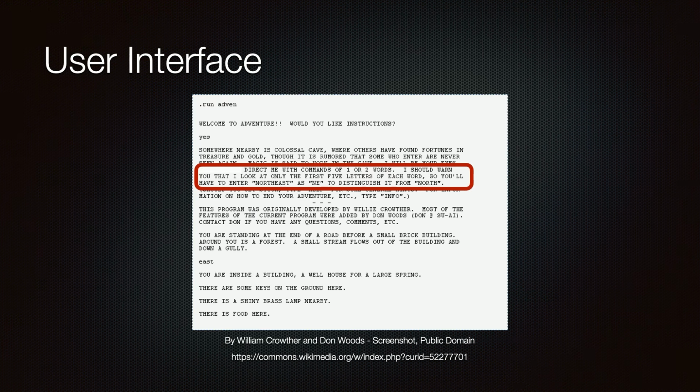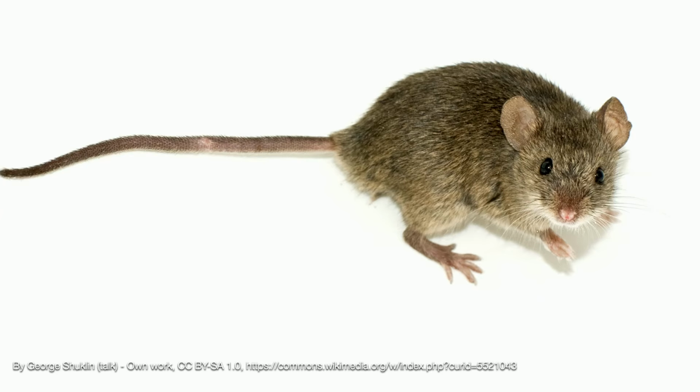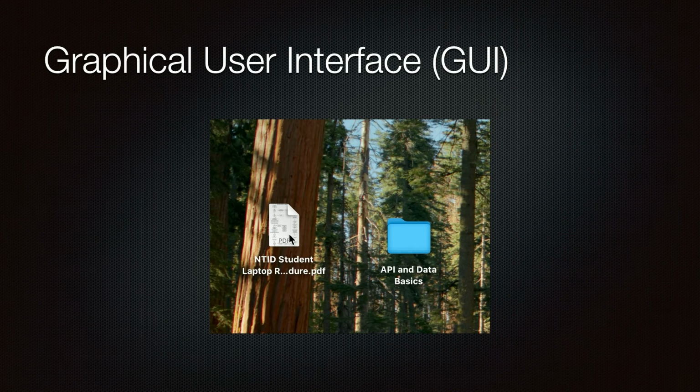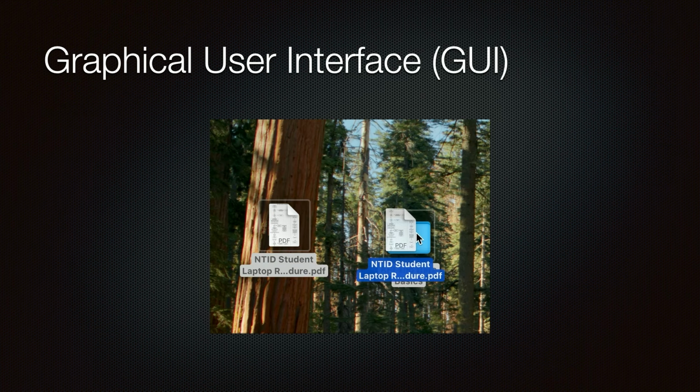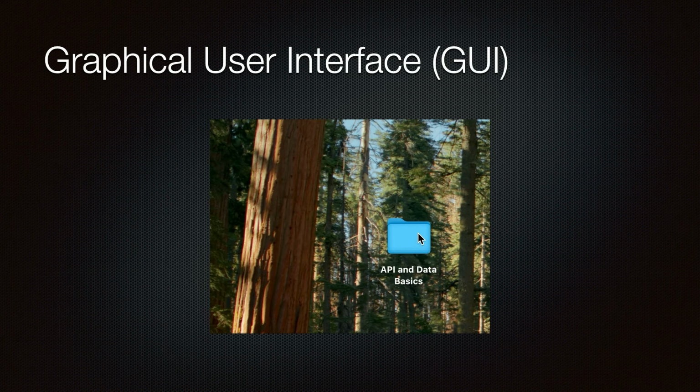Here's another interface with rules. In this case, a human interacting with a computer. While this is an example of an attempt at a natural language interface, it still has fairly strict rules. And then came the mouse. While the graphical interface is designed to be easily understood and mimics physical objects, it still has rules, but they're designed to be flexible.